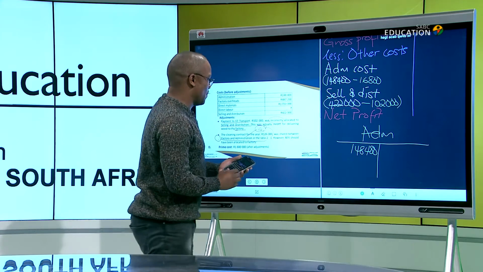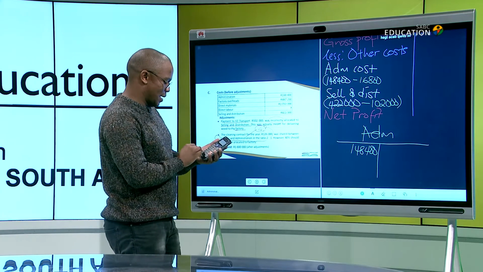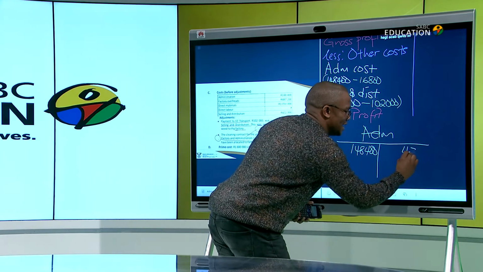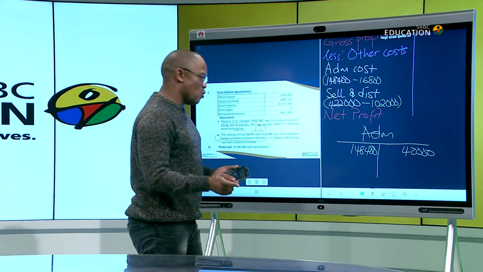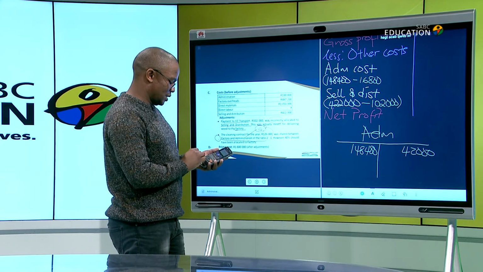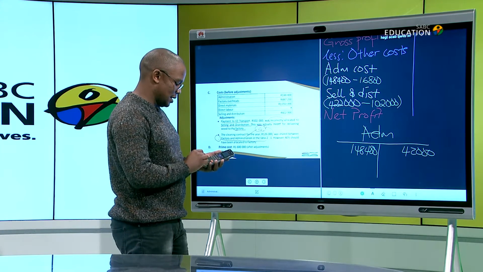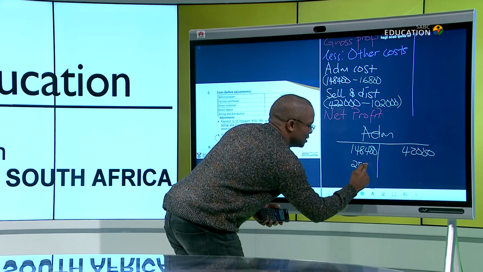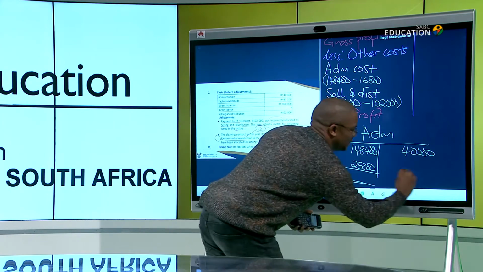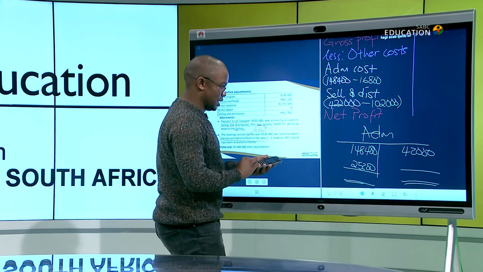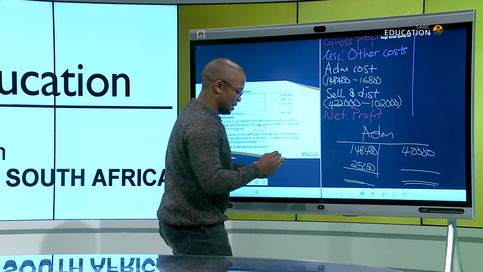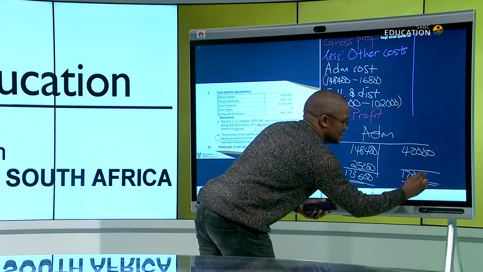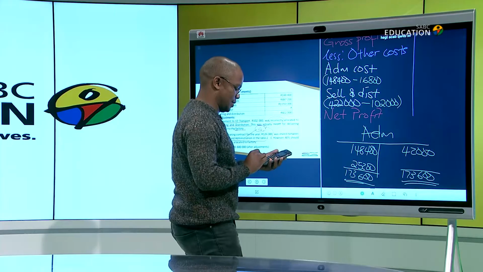148,400. Remember how much was allocated by mistake. 126,000 divided by 3. It was 42,000. You minus the 42,000. How much was the correct one? Remember we said 126,000 times 20%. The correct one is 25,200. Same thing that we did with our factory overheads. You add the two, 148,400, 173,600. 173,600 minus the 42,000 is